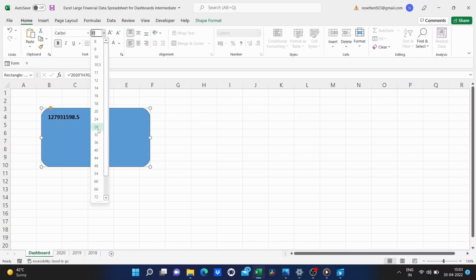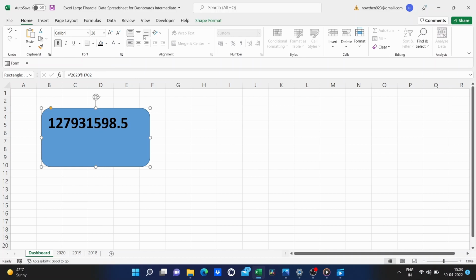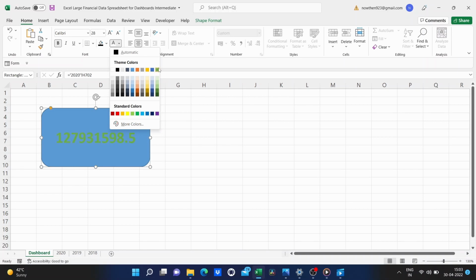And I could work on, let's say, the font size, make that bigger. Maybe that's too big. There we go. I can decide if I want to center it, which I do. I could center it horizontally and vertically. I think that looks a lot better. I can also go here to the font color and I could select something other than black. I could go with white. I think that looks pretty good. Could go with yellow, just about any of these colors here to make that look a little nicer, make it pop so that people like to look at it.